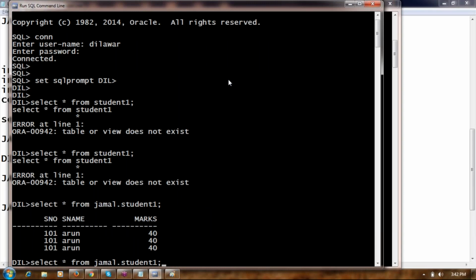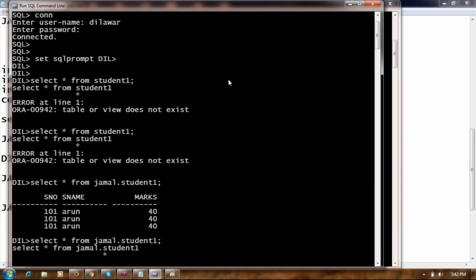Privileges are taken back by using the revoke command. Now you cannot access the table. Previously you were able to run the same command successfully. Now you are unable to, because the owner has taken back the select privilege. So now Dilawar cannot select the data.